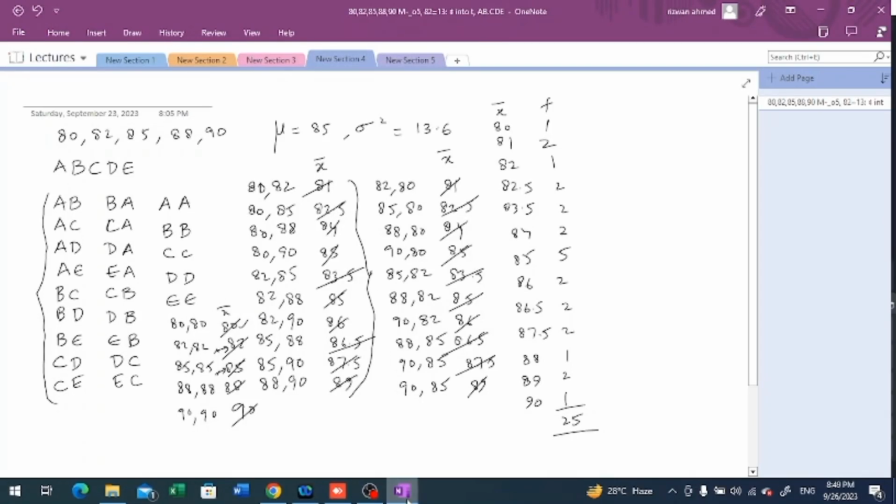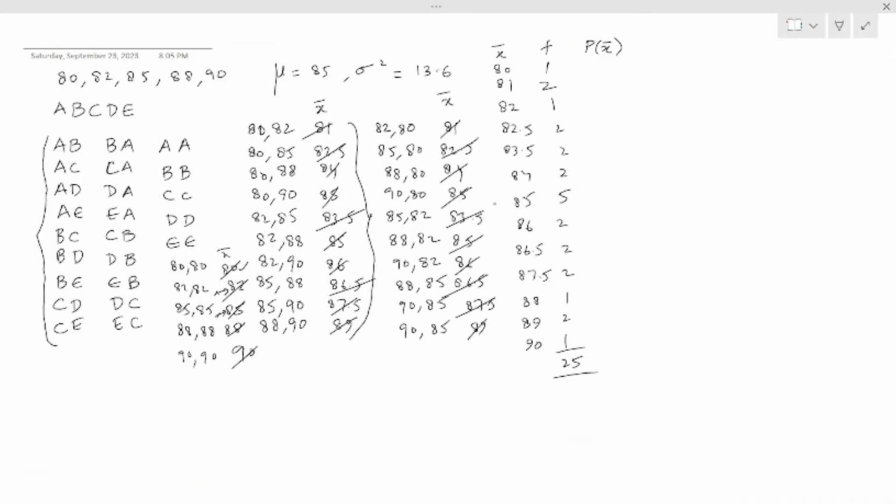Continuing with the same calculation, what we need to do in the next step is transform these frequencies to probabilities, and we denote it as the probabilities of x bar. Since the sum of the frequency is 25 and it is an odd number, it is better to leave the probabilities as fractions this time, because sometimes when we divide any number by an odd number, for instance 1 on 25, it may give us an answer